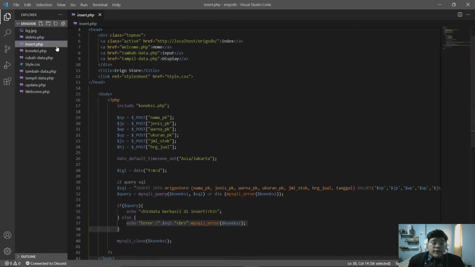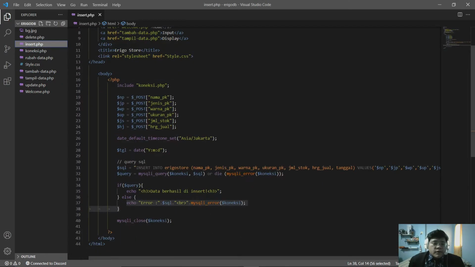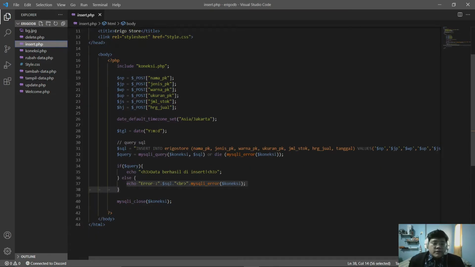And for the update function, as you can see, this is almost the same as the other functions. We use include connection, we have variable values here, date, and query, and print, and if else.